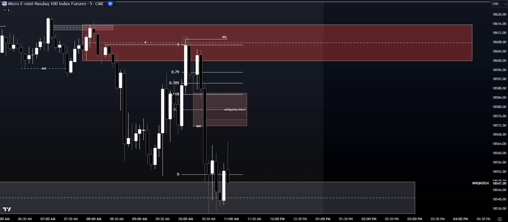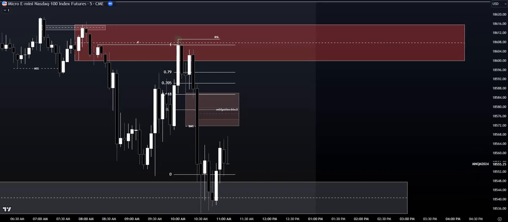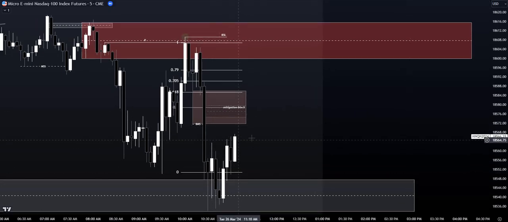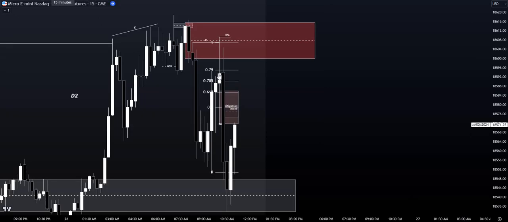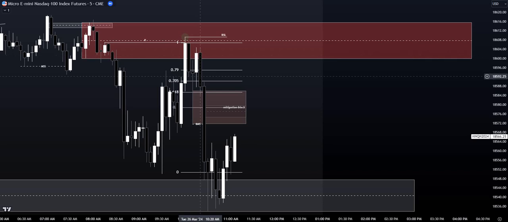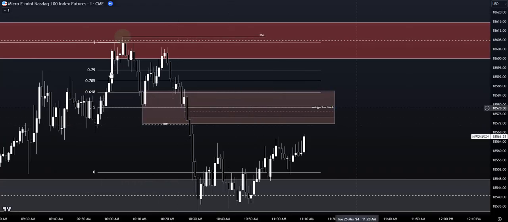Price is starting to come up now. Once we get that displacement, that's how we know price is going to be bullish. Boom, we get that displacement over this high. Body close over the high, we get that displacement. So we want to be paying attention to PD arrays that are in optimal trade entry. What can we use that's in optimal trade entry? We have this order block. We have this order block as well, and we have this inverse fair value gap here.